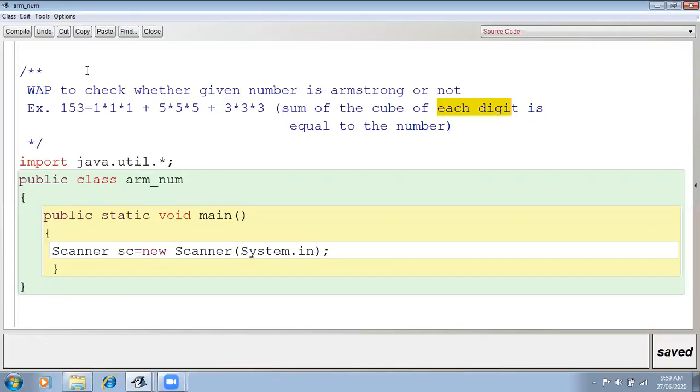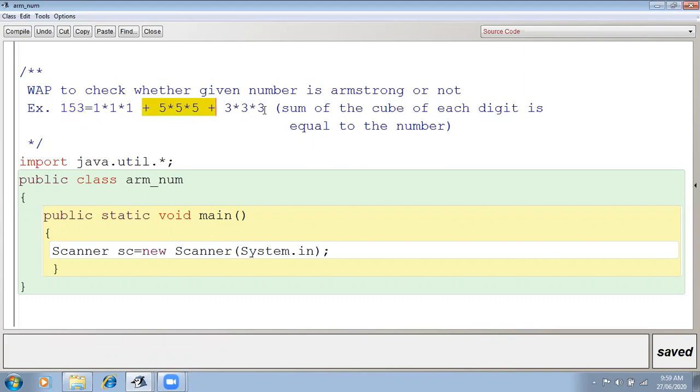If it is a number like 153, we have to separate all the digits. Then we have to do the cube of each and every digit, and then the cubes will be added.